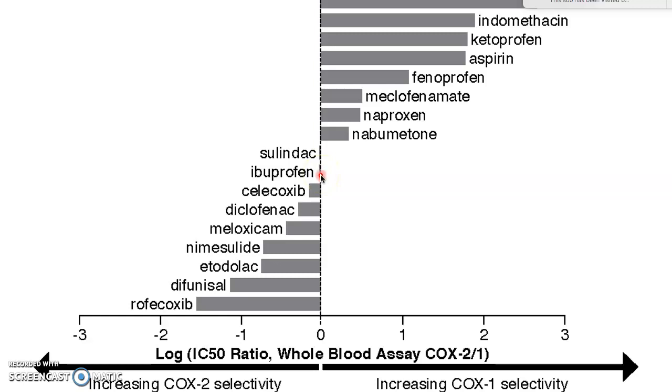And notice how it's right on the line. So it's nice because it inhibits both COX enzymes equally. So you get an equal influence, and you don't really have to worry about thromboxane A2 predominating and leading toward platelet aggregation. Whereas some of these that are used a lot for different arthritic conditions, so this is Celebrex, diclofenac, meloxicam, these all lean towards the COX-2